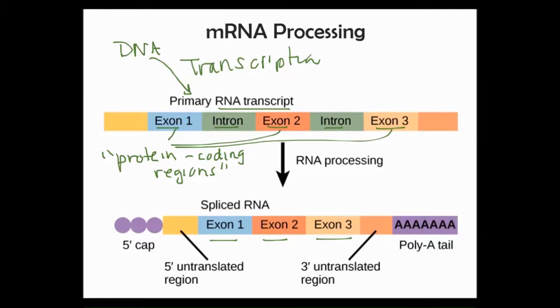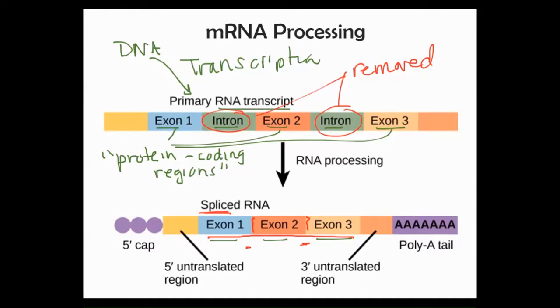You'll also notice that we've removed some things, and what we've removed are these introns. Introns are called intervening sequences, and they are not going to contain information that's directly related to how to make our protein ultimately. So while they're present here in our primary RNA transcript, these are going to be removed, and you'll notice that we don't have any introns here once we've gone through messenger RNA processing. So that's one part of messenger RNA processing, to remove the introns and to splice together. That word splice means that we're going to essentially glue these exons together here